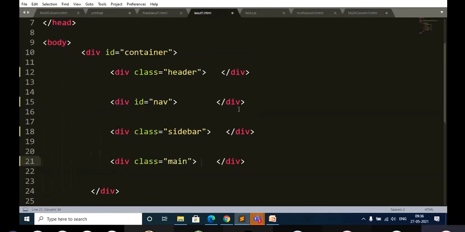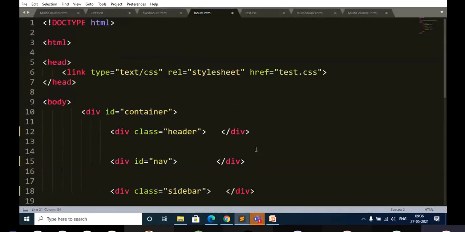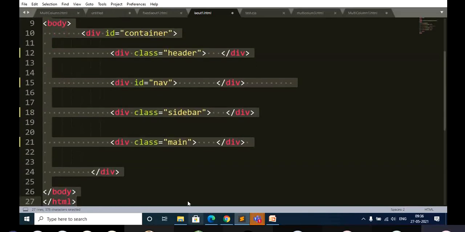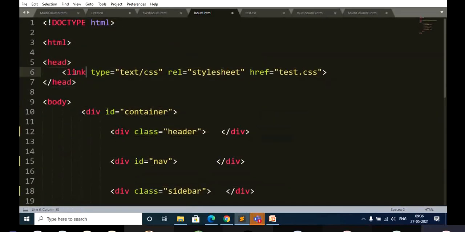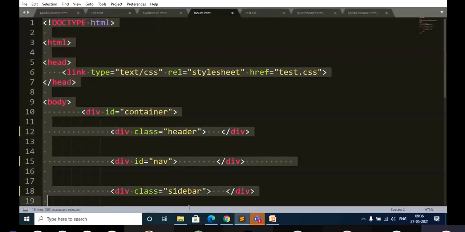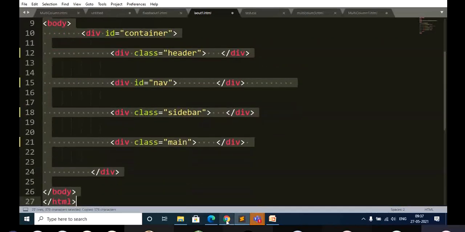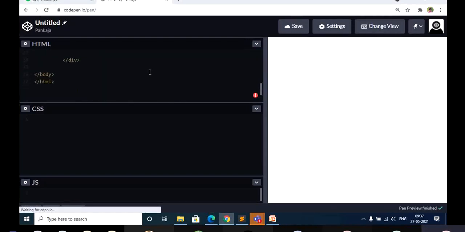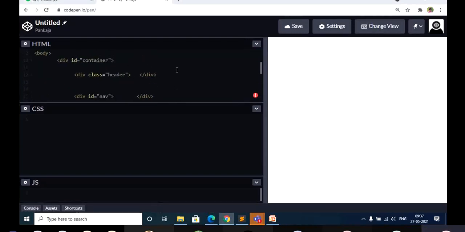Now for these blocks that are created, I want to apply the CSS design. Let me copy this and go to CodePen so that I can explain step by step. You can't see anything because I have not given any CSS design as of now.